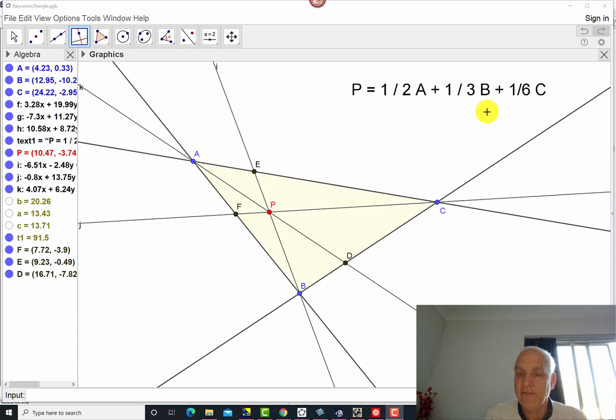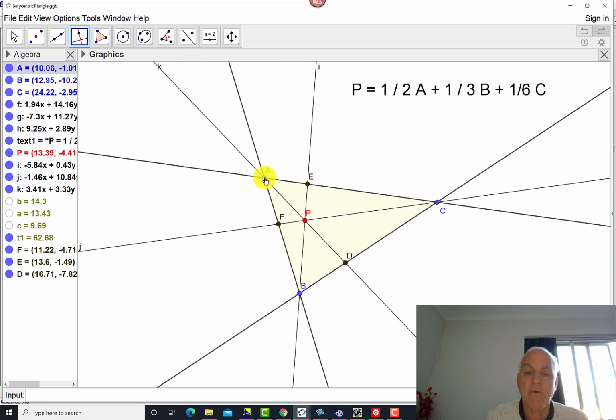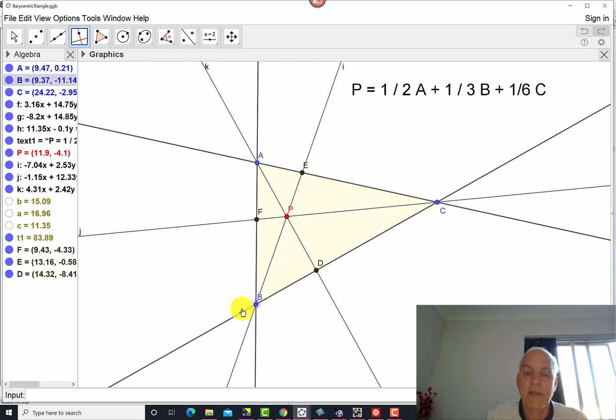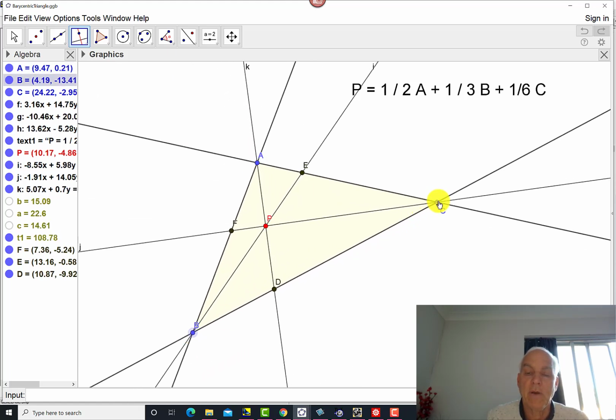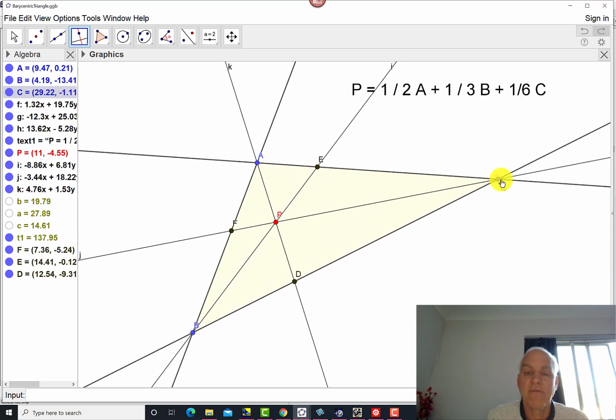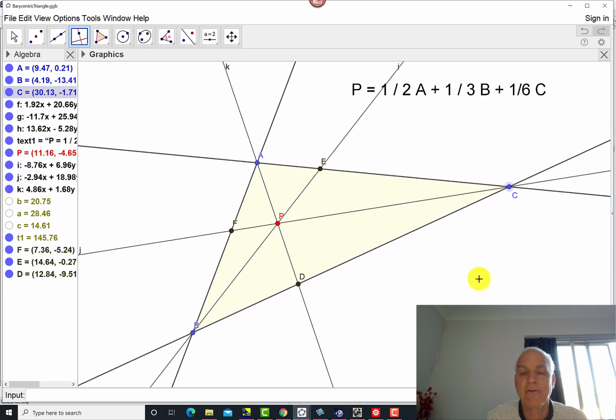All right, so let's have a look at the same relationship now here in GeoGebra actually. So here's the points A, B, C. Here's that point P, which is this particular combination of A, B, and C. And you can see what happens as we move things around. This point P will always have this particular relationship. And what characterizes this relationship? Well, you can describe it in a number of ways. One way is to describe it in terms of these additional points, D, E, and F, formed by these Cevian lines. That's called a Cevian configuration.